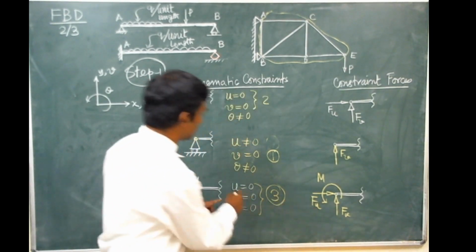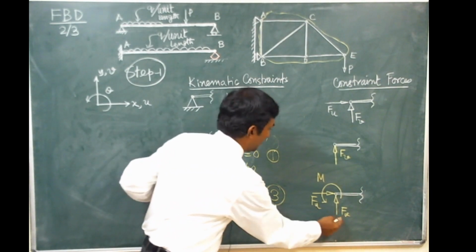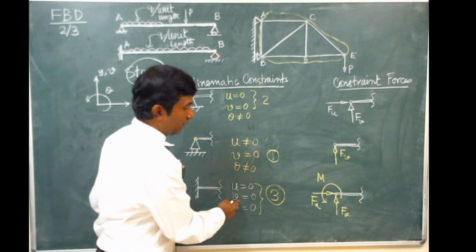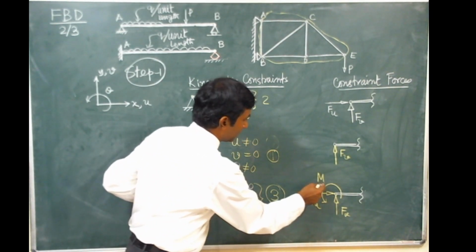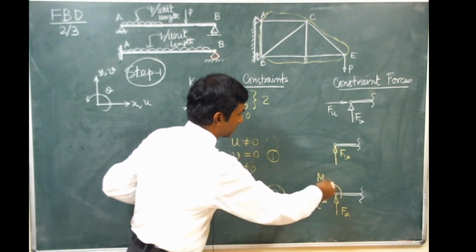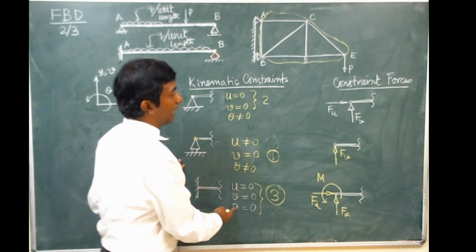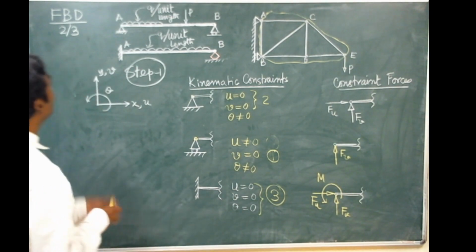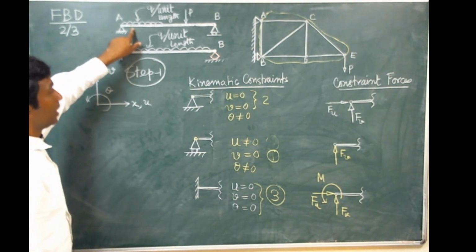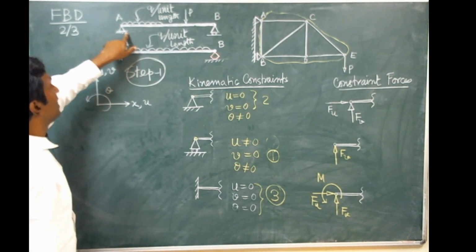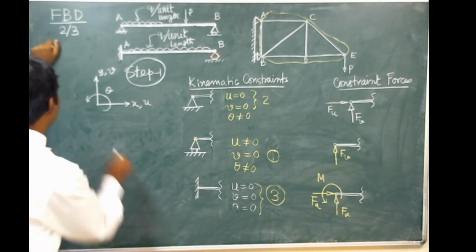The Fu corresponds to u equals 0, Fv corresponds to v equals 0, and M, the constraint moment, the rotational force, corresponds to theta equals 0. So when you draw the free body diagram for the external part, that means when you remove this support, you get this